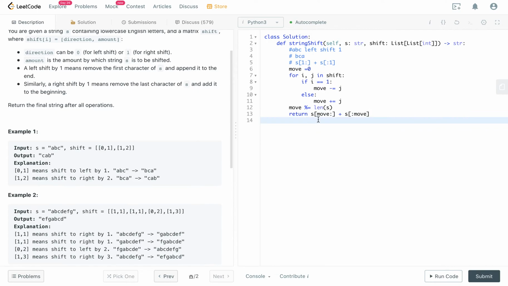But you may wonder, if we get a negative number, which means we are actually not doing a left shift, we're doing a right shift, how do we do that? If you do some analysis, you can see that if we are trying to perform a right shift by 1, we are actually performing left shifts by